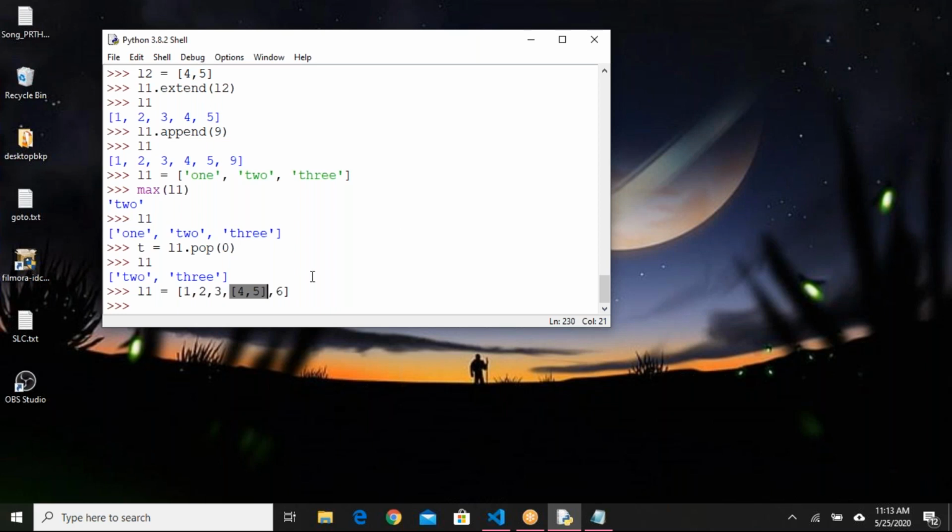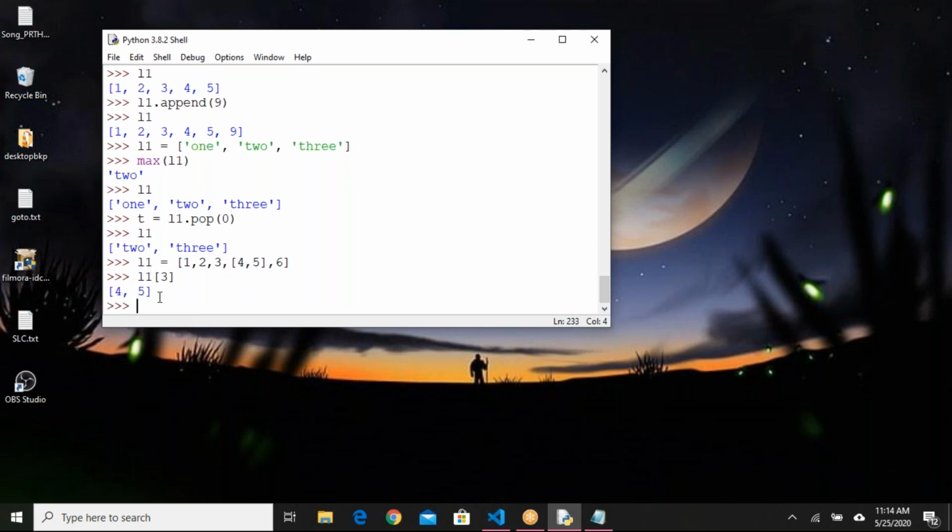How to access this one? The way you access the elements inside the list, in the same way you have to access it. L1 of 3, if I mention 0 1 2 3, I'll get this list 4 comma 5. It is again a list. Inside that also you can access the elements.